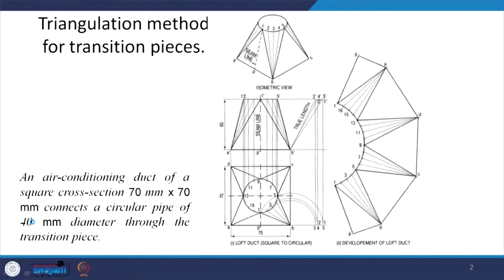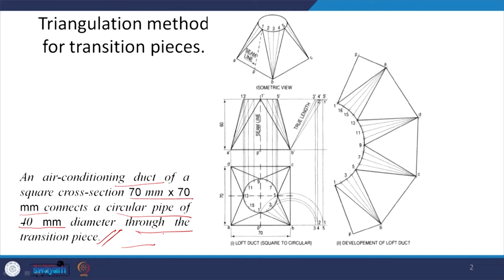Now, what these transition pieces are, we will just look at with an example here. Just imagine that there is an air conditioning duct of a square cross section 70 mm by 70 mm, and it connects to a circular pipe of 40 mm diameter through a transition piece. Now, if we have to design that transition piece, and just before we start to draw,